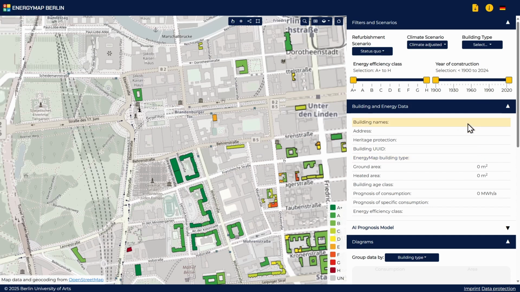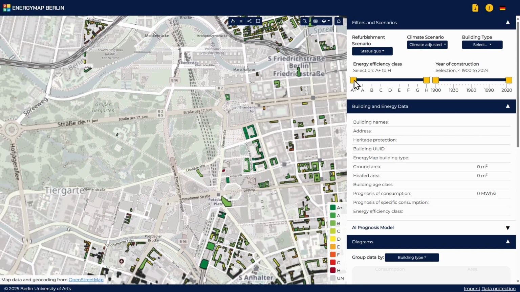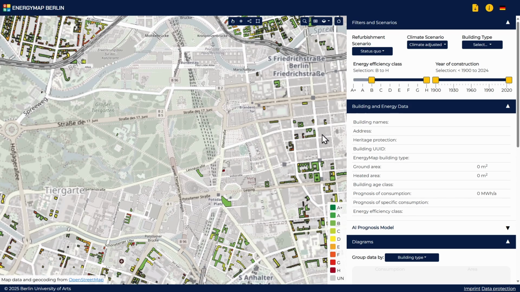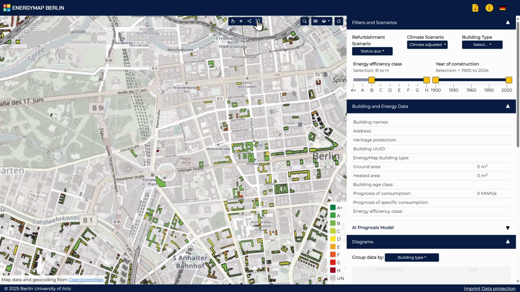Two sliders allow you to filter buildings by energy efficiency class or year of construction. Note that loading the filtered maps might take a moment, especially on slower internet connections. Newly set filters do not affect already selected buildings. They remain in your selection. However, with active filters, new selections will be limited to those criteria. So if you want to use filters to assist your selection, apply them before using one of the 4 selection